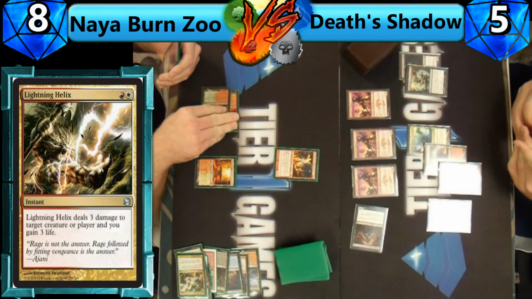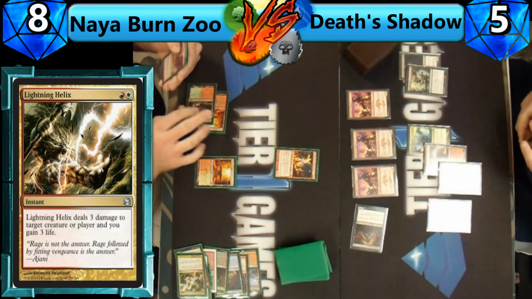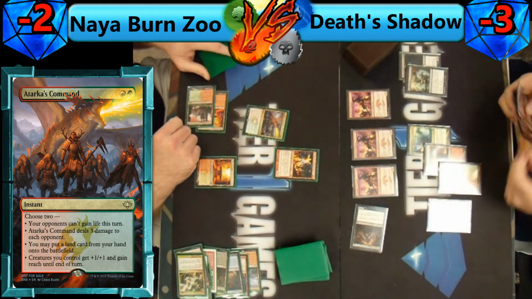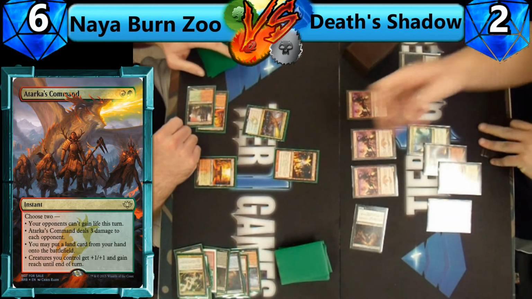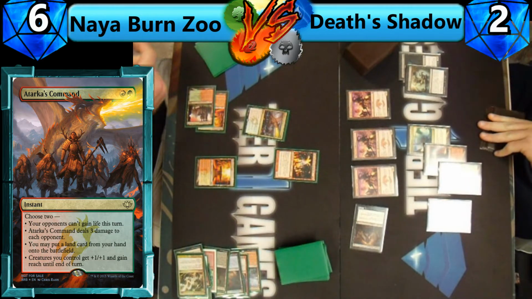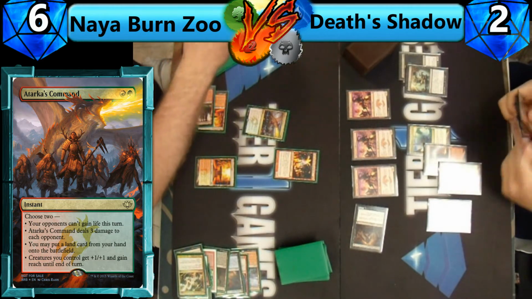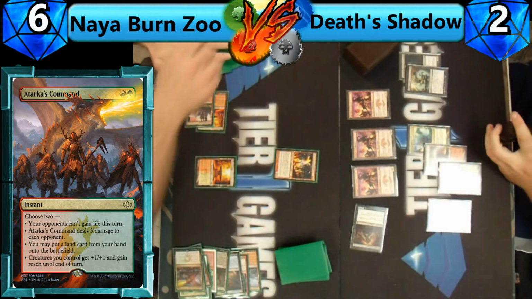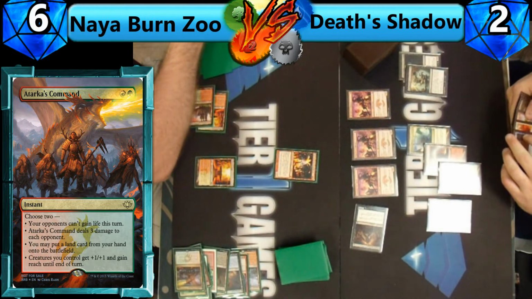So this board state is really precarious. The Bond player is going to have to be really careful. So an Atarka's Command, 2 damage to himself and 3 damage to the Death Shadow player. Now, because there's an Eidolon on board and the opponent is at 2 life, he is in an Eidolon lock,